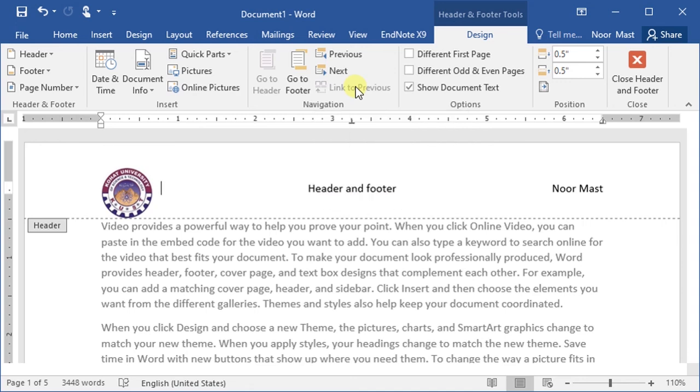If we want that same header and footer appear across the different section of the document, then we must link different section to each other using this command. On the other hand, if we want different header and footer in each section, then we must unlink different section using this command.